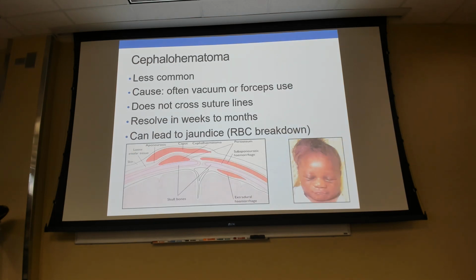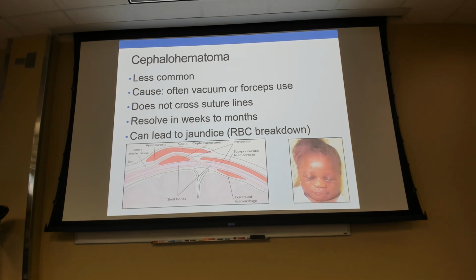Versus a cephalohematoma. So in this, it is a deeper bleed where you have a bleed into your bridging veins. So it's a venous bleed. And now, since it is bleeding in that deeper level, it gets stuck at one of the sutures, right? It is not crossing that. And so now, because of that, I can't cross, therefore I don't absorb very well. And so now those red blood cells are just going to continue to break down, right? So it sits there for a long time until it all breaks down. It doesn't cross the suture lines. It takes a little while to resolve. That is the difference with